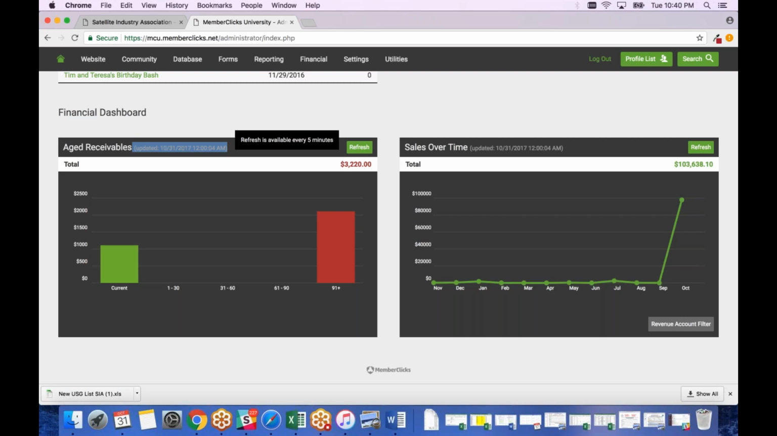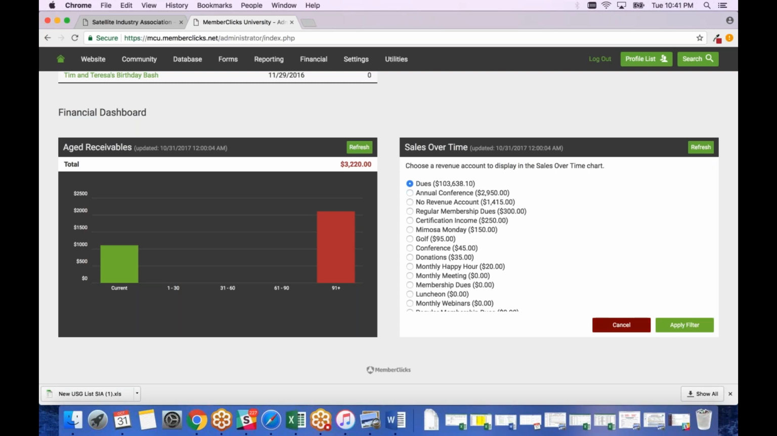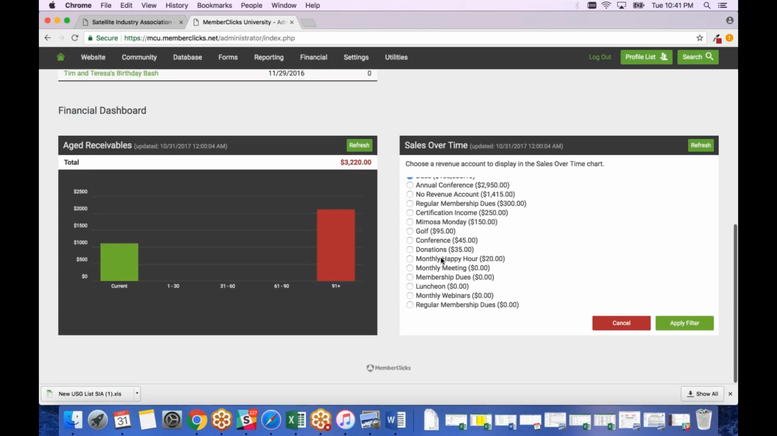The other dashboard that we have on financials is our sales over time. Now this is going to show us a line graph depicting how much money was brought in per revenue account per month. So you'll notice that we have our different months along the bottom. We can select a revenue account filter, and we can choose which revenue account we really want to take a